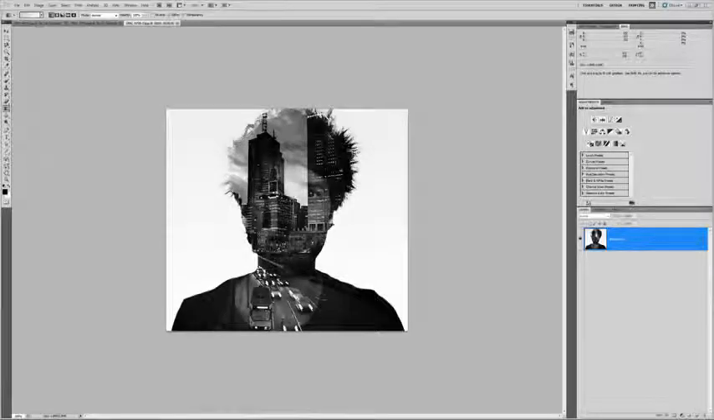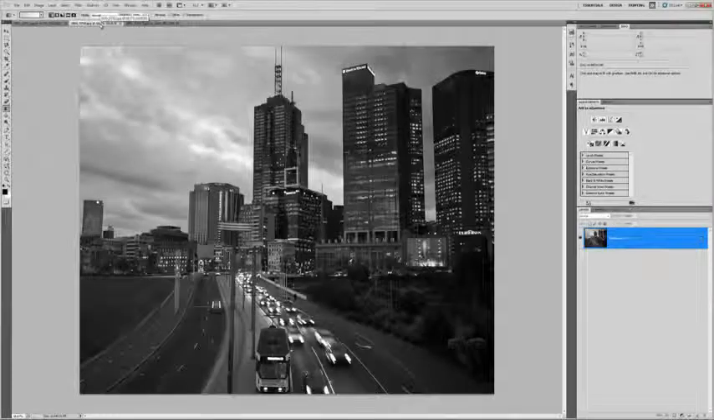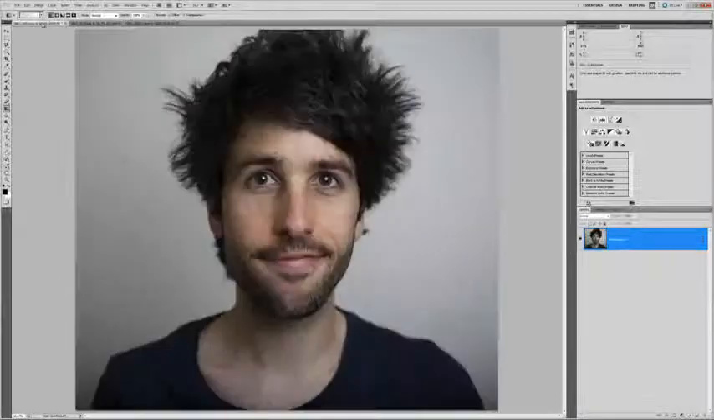So I've got this photo that I took in Melbourne from an overpass. I quite like it because it's quite high contrasty, and I can pump it up a bit, which will make it work well for the image. And I've also got this picture of myself. Anyway, so what we're going to do is select it and add it as